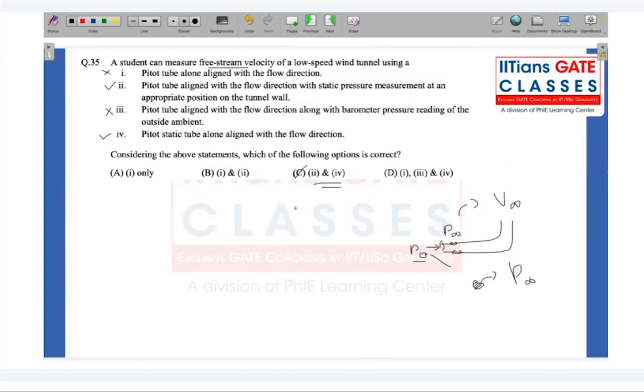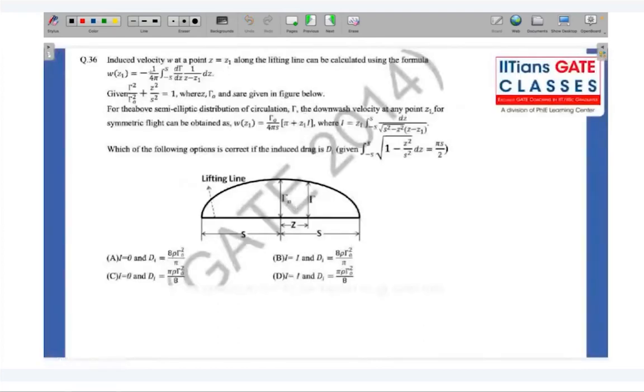Look at the next problem. The induced velocity W at a point Z1 along the lifting line can be calculated using the formula W of Z1 equals minus 1 by 4 pi, integral from minus S to plus S, d gamma by dz into 1 by z minus z1, given gamma by gamma naught squared plus z squared by S squared equals 1. Gamma naught and S are given in the figure below. For the above semi-elliptical distribution of circulation, the downward velocity at any point z1 for the symmetric flight can be obtained as